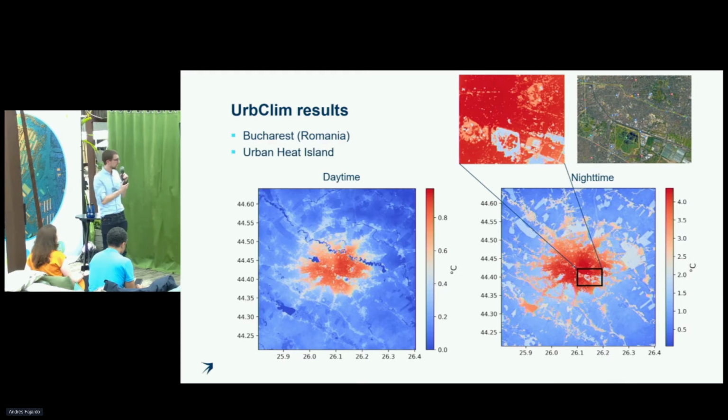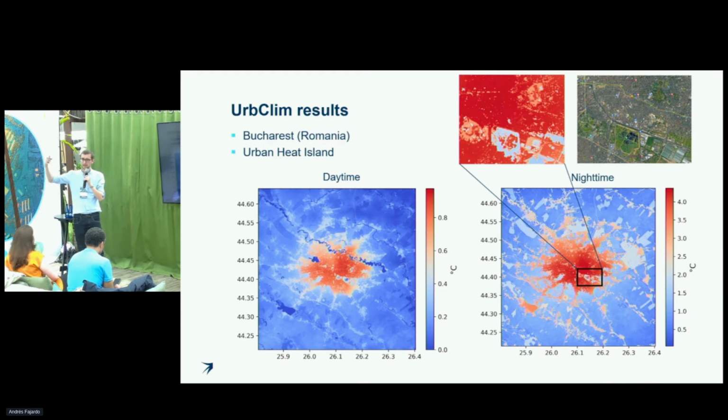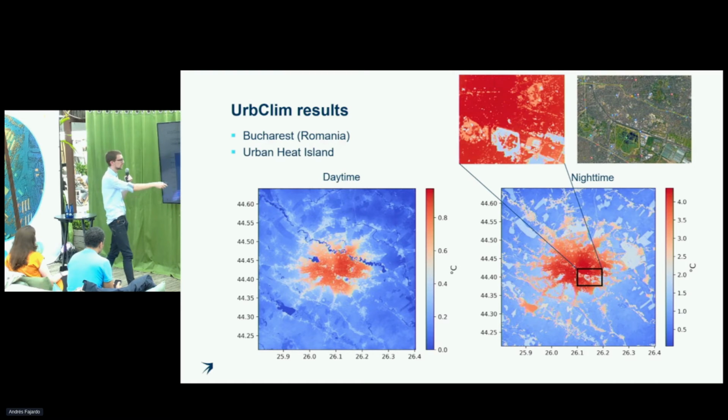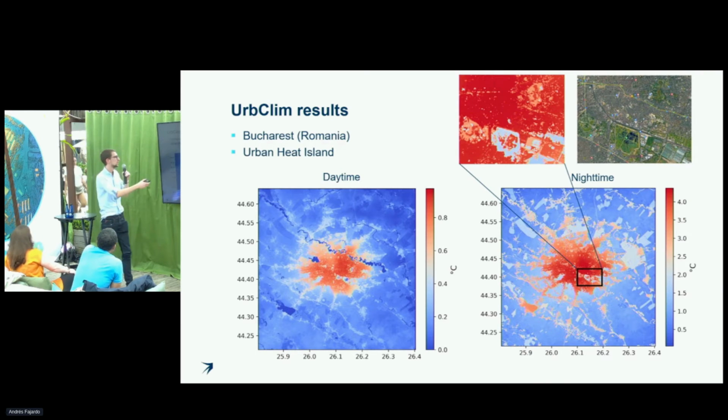The real urban heat island effect you see at night. During the day, the sun has heated up the city, the buildings, the streets, and that heat is captured in these materials and is only given away during the night. And that's why you see temperatures up to 4 degrees higher in the city than the rural counterparts. What is nice in this example is that with the high resolution that we provide at 30 meters, you can really zoom into specific features. You can even distinguish individual parks, areas where trees are located, in very high detail. And that is nicely shown at the top there.